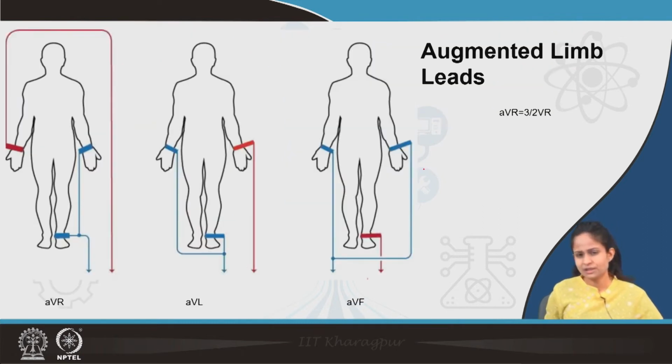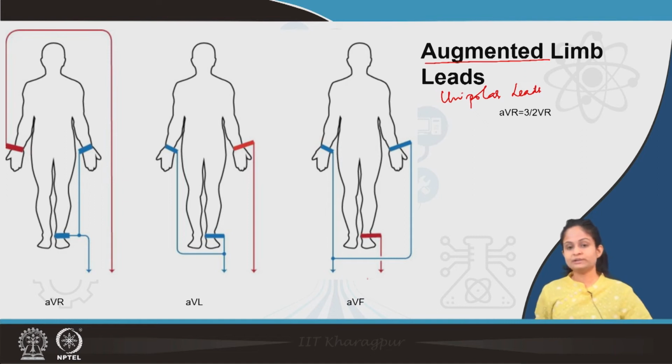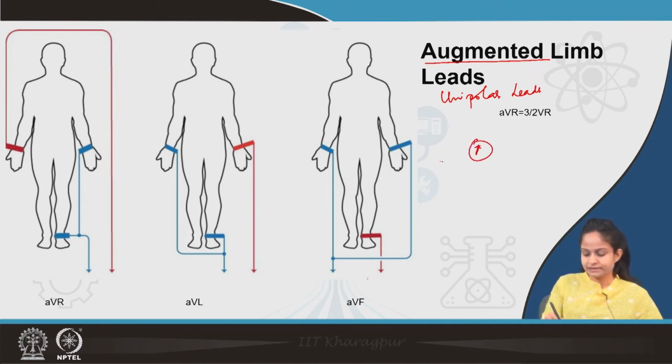Now, coming to the augmented limb leads. As I told you, augmented limb leads are known as unipolar leads. Now, what does unipolar leads mean? Bipolar leads mean the two electrodes are active across the voltmeter. Now, in case of a voltmeter, if one is connected to the negative, the other is connected to the positive. Suppose this negative electrode is inactive